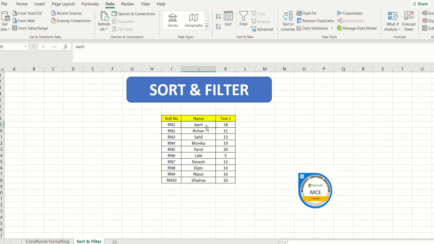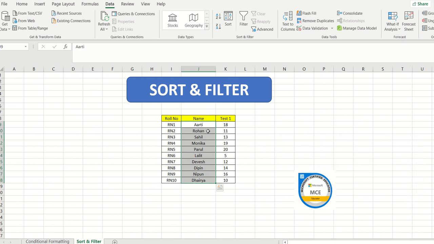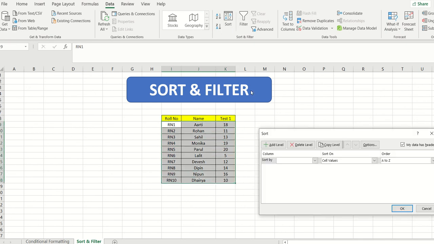Let me just go ahead and select this data. Okay, this is the data that I've selected, and then I will do Z to A. Okay, but I have to expand my selection altogether, because it is asking me actually what I have to do. So what I'm going to do is pull up this data, and then I can use the sort function. I can click over here also. See, when I click over here, now it is giving me options.